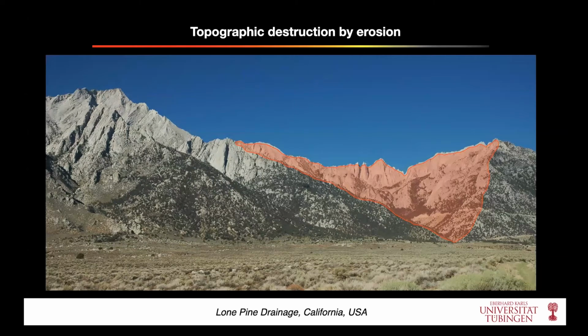This is an example here that comes from the eastern side of the Sierra Nevada mountains in California, where the Sierra Nevada mountains have popped up above this valley floor in the last 10 million years. What we can do is pick out catchments here and study the processes that lead to their formation here. And most notably, we can